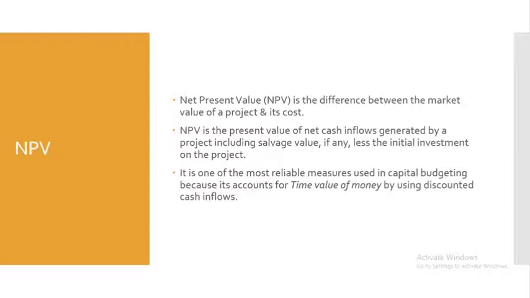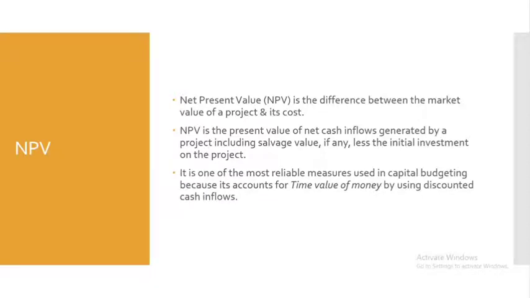So the first step is to estimate the expected future cash flow. Cash flow is the income that we get from the organization's business. The second step is to estimate the required return for a project of that risk level. And then the third step is to find the present value of the cash flows and then subtract the initial